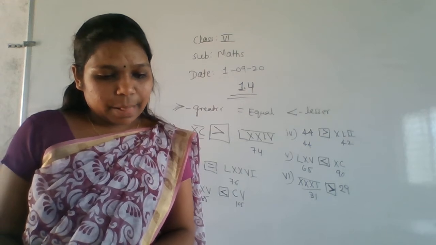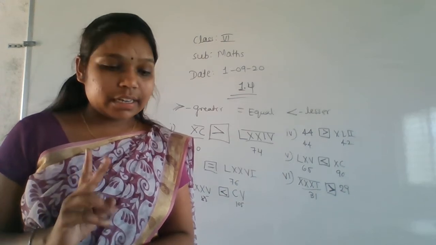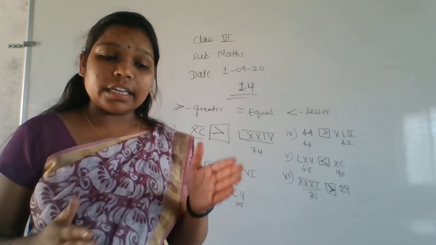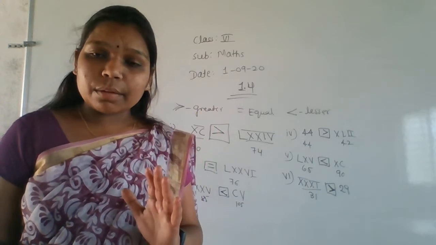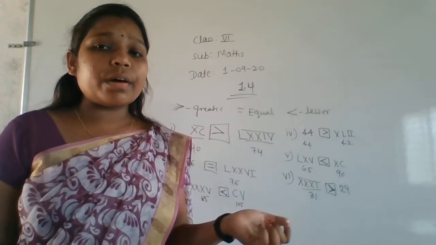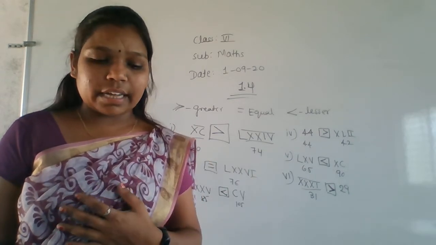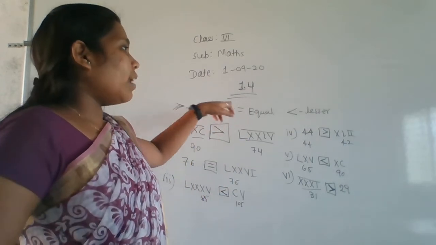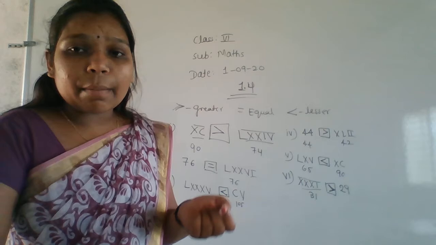So next, up to fourth main we solved everything, right? First main, second main, third main, fourth main. In first main, they gave English numbers and we wrote them in Roman numbers. In second main they gave Roman numbers and we converted them to English numbers. In third main they gave meaningless Roman numbers and we gave the reasons why they are meaningless. Next in fourth main we just compared the numbers, greater than, equal or lesser than.